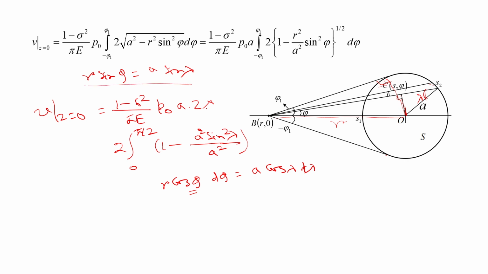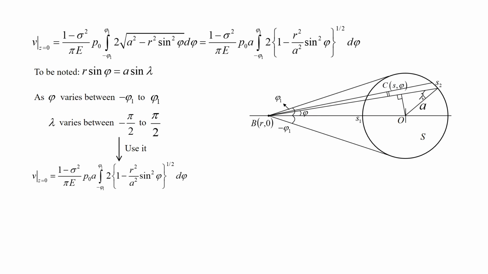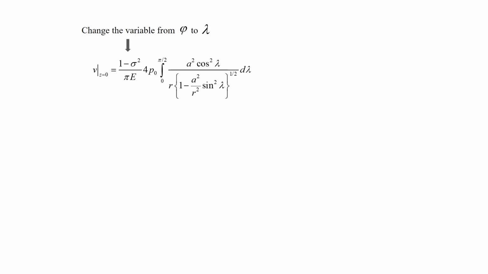So, we need to do all that substitution over here, and one can actually do all that, and one can get finally something like this quantity. It will easily come once you write down all that substitution with d phi as a function of d lambda and other quantities. If you change these variables, we will get 4 here because we have multiplied by 2, and we are integrating between 0 to pi by 2. So, this particular integral,